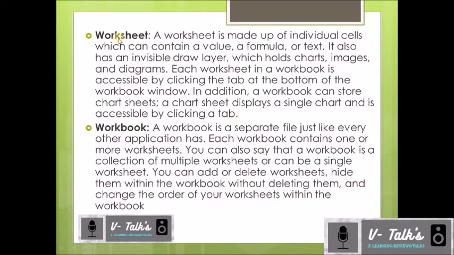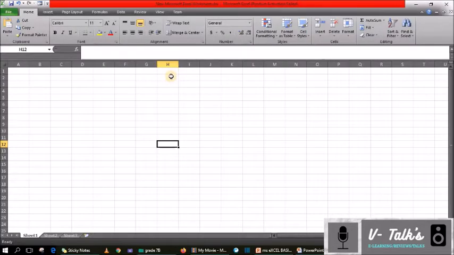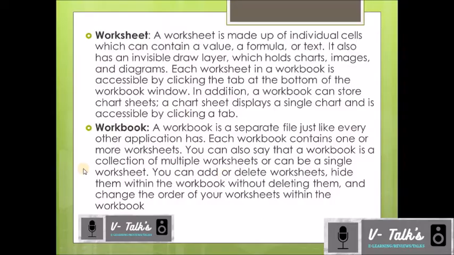So usually a worksheet means the sheet available in the Excel software. In the bottom left pane, you can see how many sheets are available: Sheet 1, Sheet 2, Sheet 3. Three sheets are automatically available there, and you can work in each sheet. So in one Excel workbook, that's also called a workbook.